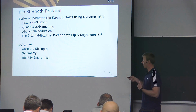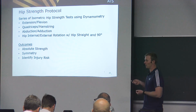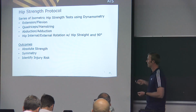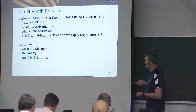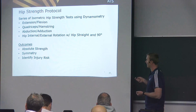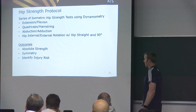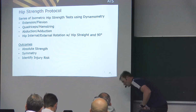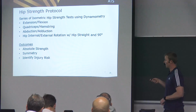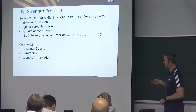So we use the big power groups, so hip extension, hip flexion, which are highly correlated to squat, deadlift, clean strength, your quads and your hammies, hip adduction, abduction, and hip internal and external rotation. We do these lying flat on your stomach with your hip straight, or bent over with your hip at 90 degrees. And what we've seen is obviously these are really important in terms of your pure strength